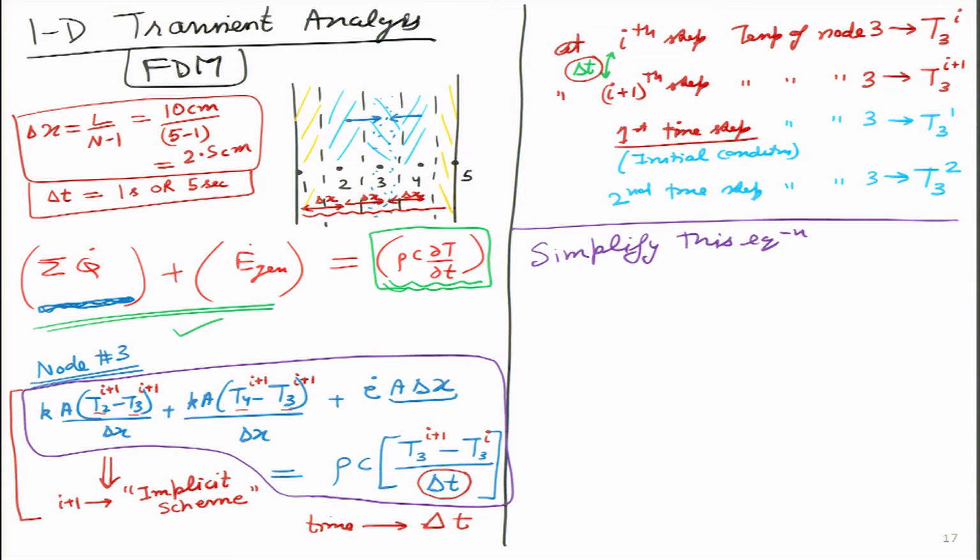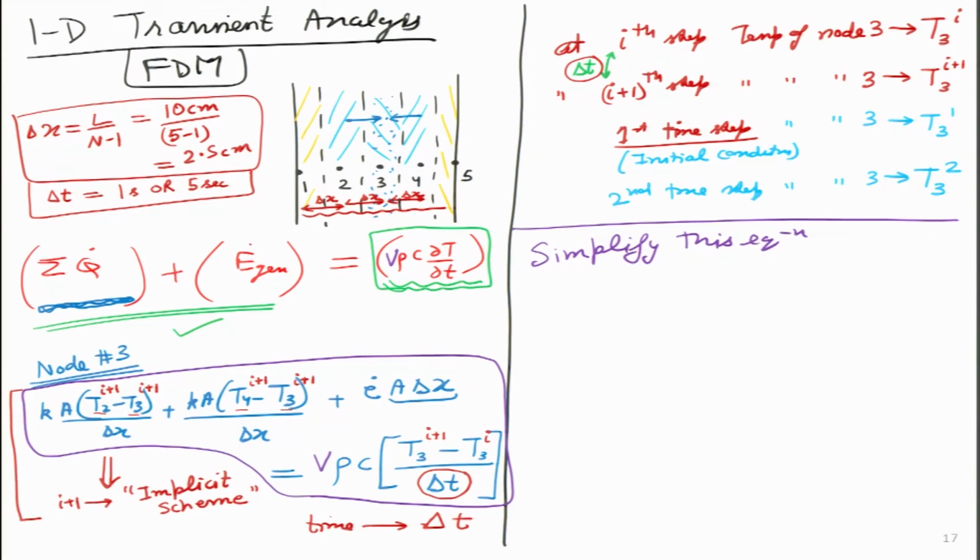Yes, over here it should not be rho, it should actually be rho multiplied by the volume. So, I am writing it in the purple color over here, because volume will also be there, otherwise units will not match. This thing you can take care of yourself. I just recalled that volume is missing over here. If I put volume over here, all the terms turn out to be in terms of watts. So, please check this particular point, and you remember, the volume of any particular interior node we can always write as area multiplied by delta x.